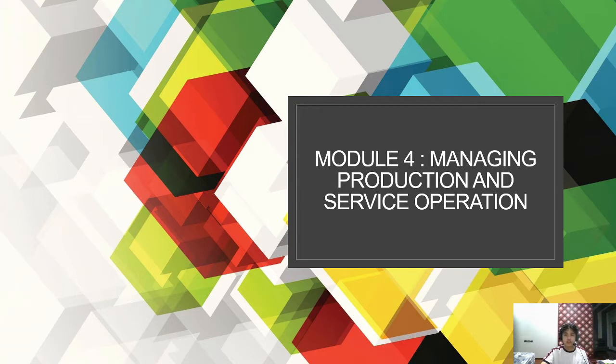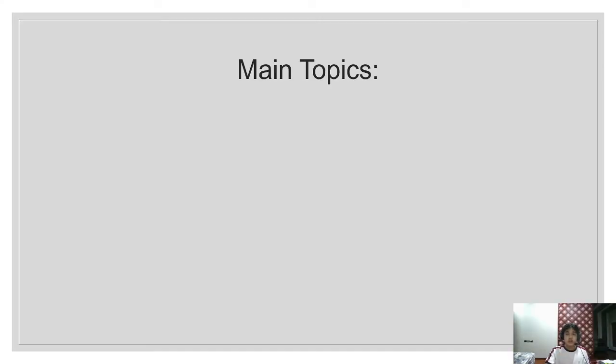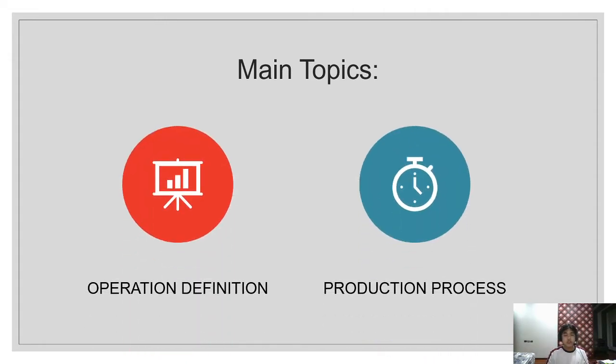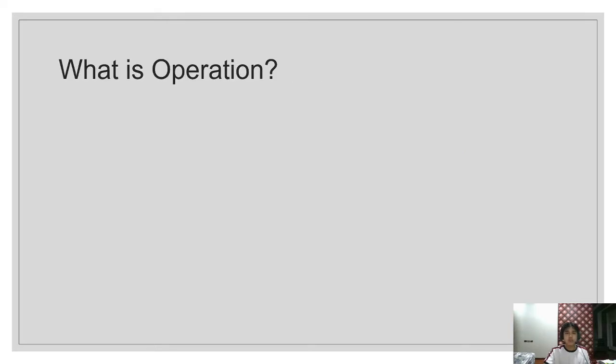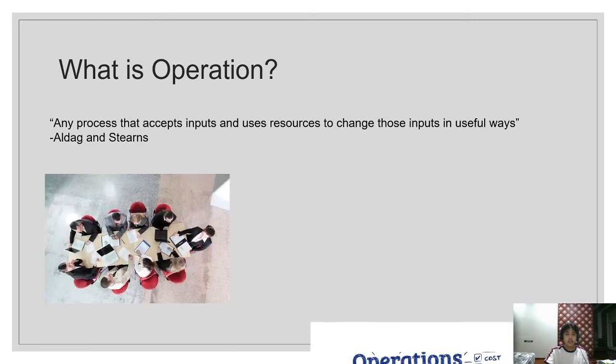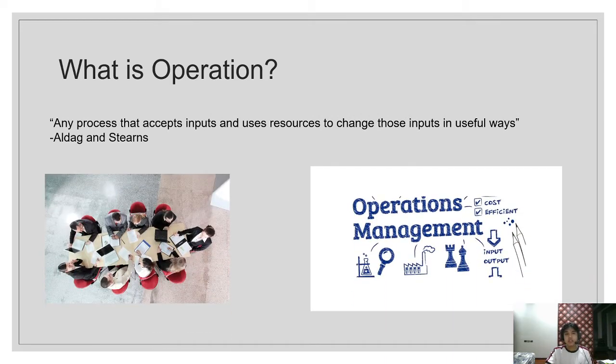Production and Service Operation. So, starting with our main topics, which are the operation definition and the production process. So, first of all, what is operation? According to Aldag and Stearns, it is any process that accepts input and uses resources to change those outputs